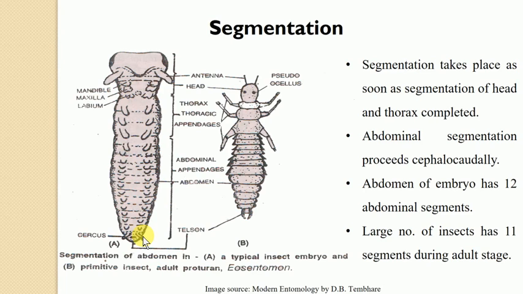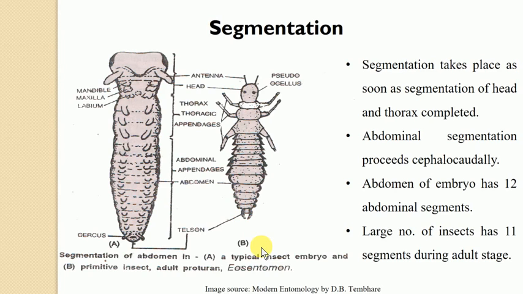In a large number of insects, the abdomen consists of 11 segments, which is most common during the adult stage. And in the higher adult insects, the abdomen apparently bears only 10 or even 9 segments. It means the number of visible segments present in the abdomen of an insect differs greatly, but the generality is that a large number of insect groups contain an 11 segmented abdomen. So a total of 11 segmented abdomen is the generality for the insect.